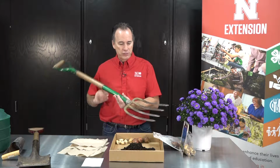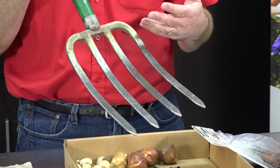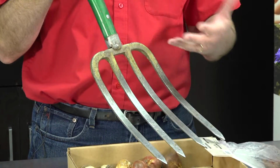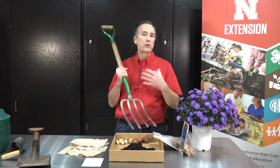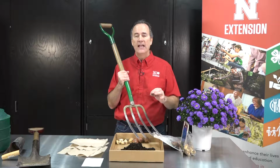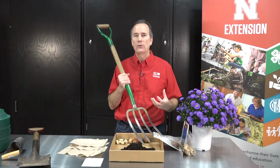And really a great tool for that is this type of pitchfork. There are a couple of different types. If the soil is really compacted, this 4-pronged one works really well, because then you can do sort of a scoop and dump approach where you dig it in the ground, lift it up, and drop it back down again. And that works really well for loosening our compacted soils. So first-time homeowners, this is exactly what you're going to want to do. And even if you've got an area that hasn't been moved or turned or dealt with for a while, this